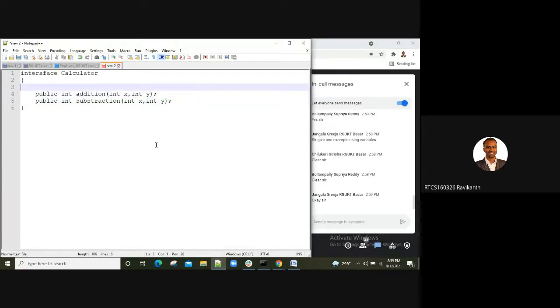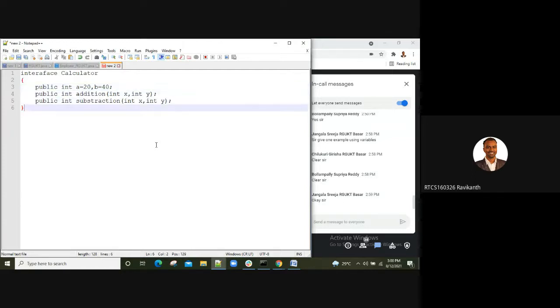You can declare those variables here because these would also be public static and final, so constant values. So int a equal to 20, sorry, b equal to 40. Because variables, formal parameters, actual parameters, right?